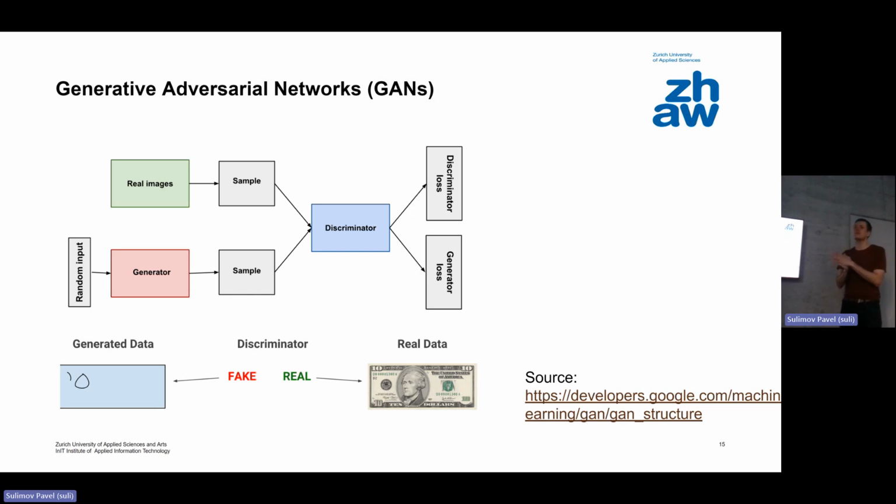But in general, you have a separate network that takes what you have generated and the real one, and it should try to classify whether it is fake or true. So in fact, I would say this GAN is the most straightforward architecture for you as beginners in data science, because you're already familiar with this idea of sampling.